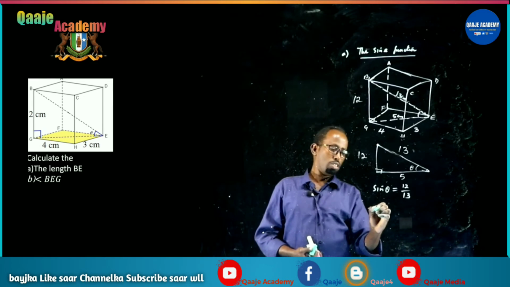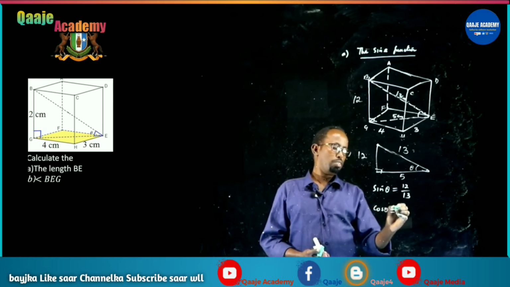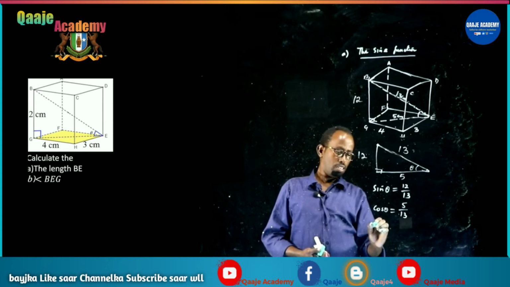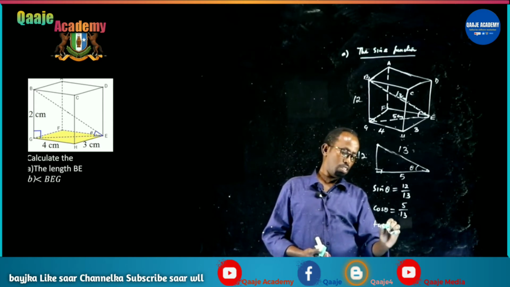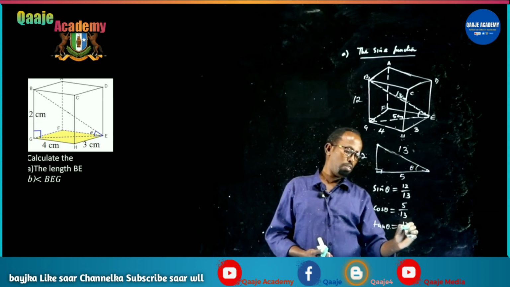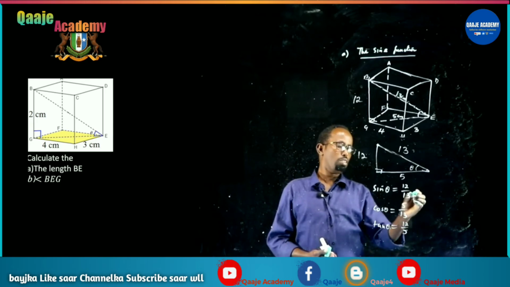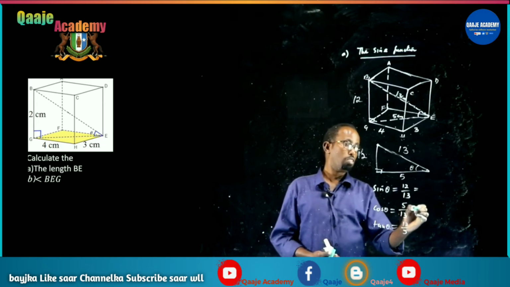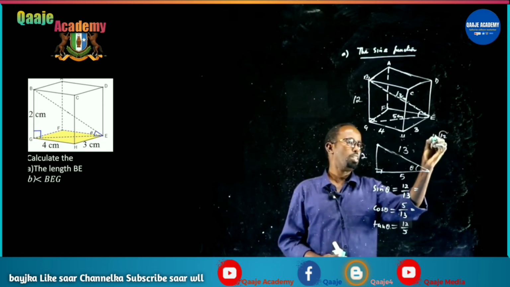And then cos theta will be 5 divided by 13. And then finally, tangent will be equal to 12 divided by 5. And then you end up getting the same answer. For example, this one, if you divide 12 divided by 13,